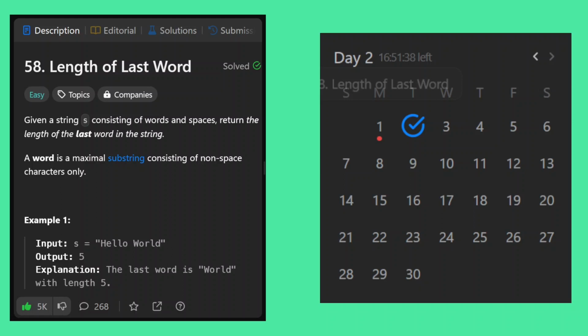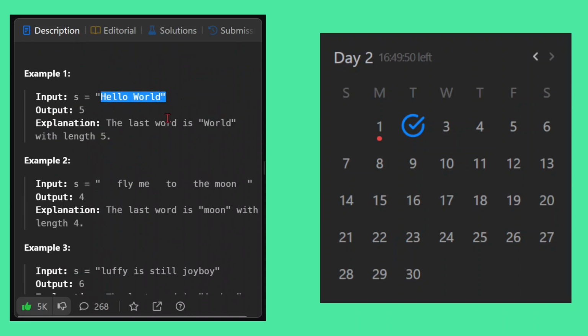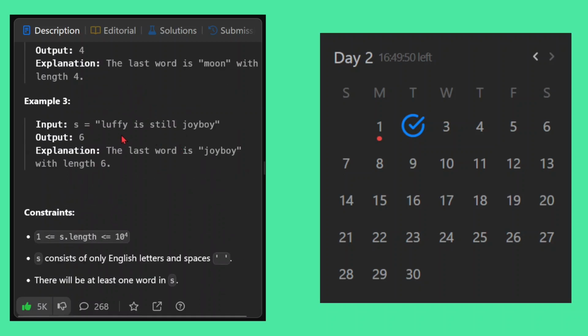So the question for 1st of April is Length of Last Word. You can see the question on the left hand side, sorry. What we will have is a string that can have multiple values, and what we have to get is the length of the last word. Yeah, we're starting with a very easy question. And I did not expect a spoiler from LeetCode. But okay,